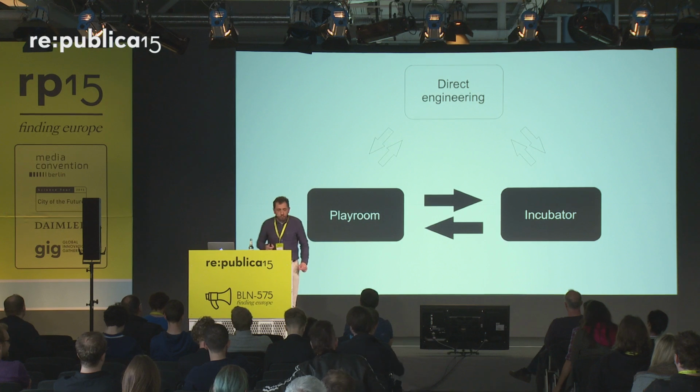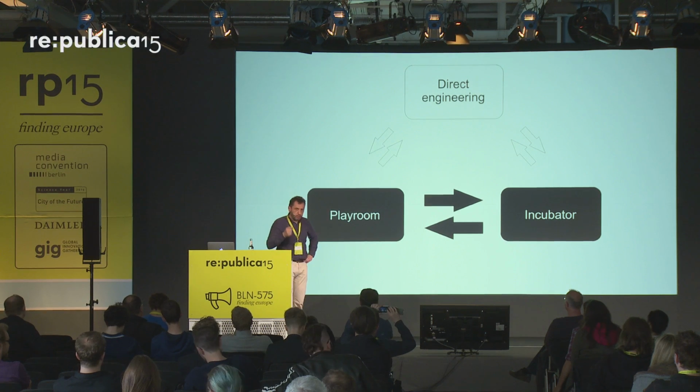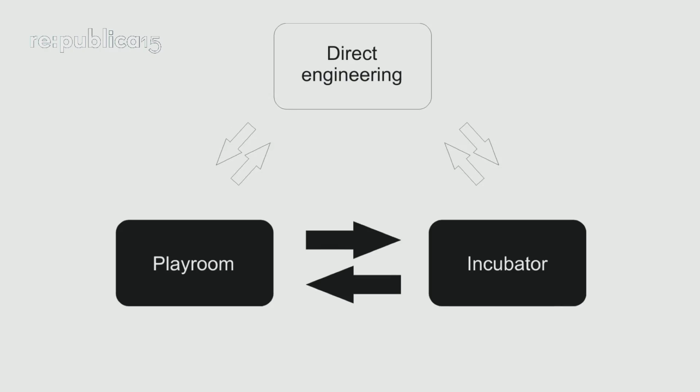Now, it is important to understand that this process is going to make things develop much faster. So we can roughly say that each of these three components that we have is, let's say, a 1,000-times accelerator. Remember, what we need to accelerate is billions of years of evolution into just years. We want to turn billions into ones. So direct engineering is a roughly 1,000-times accelerator, because some things you don't have to really evolve. You just figure them out. You do them directly. A playroom is another roughly 1,000-times accelerator